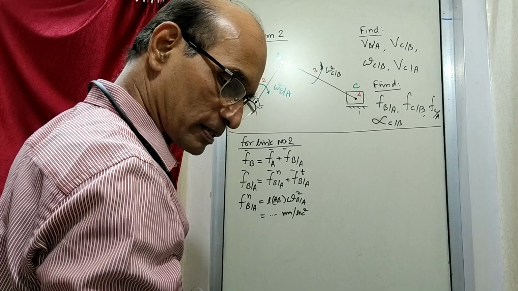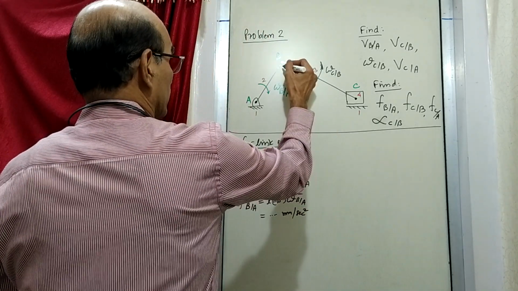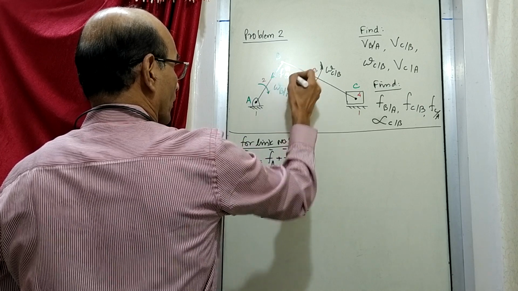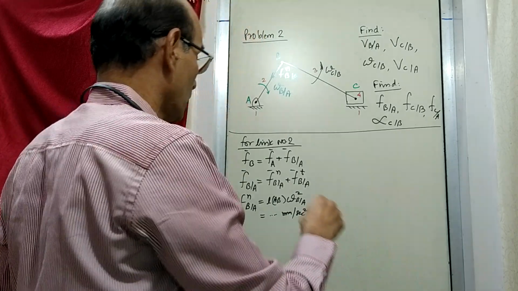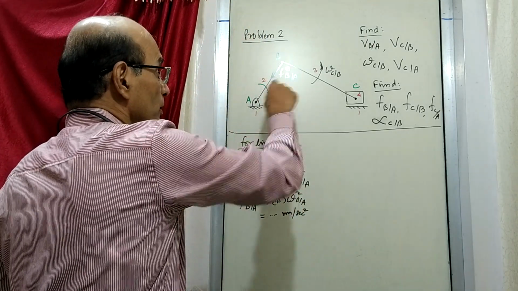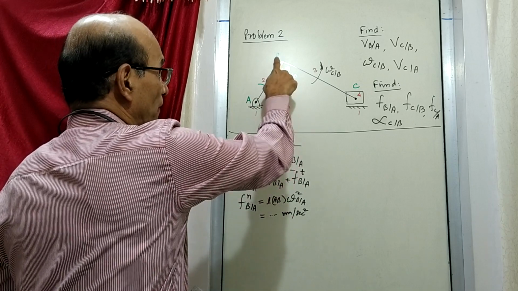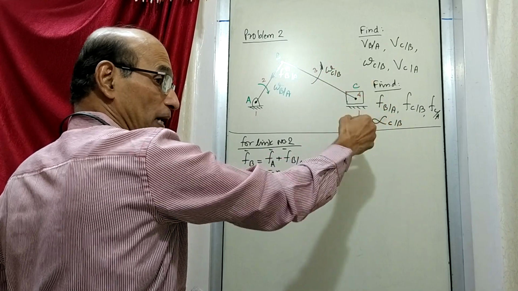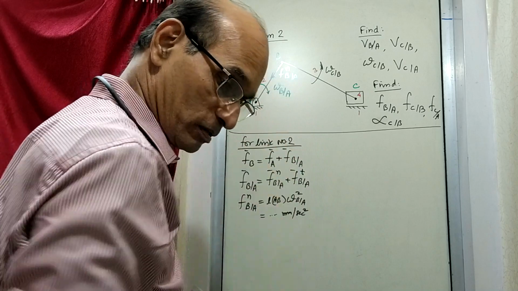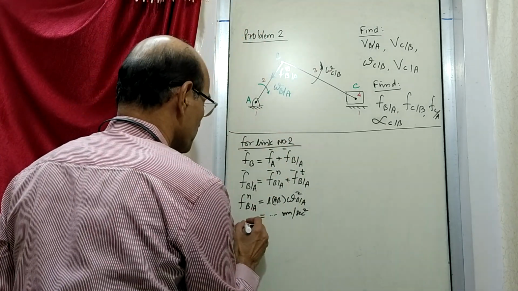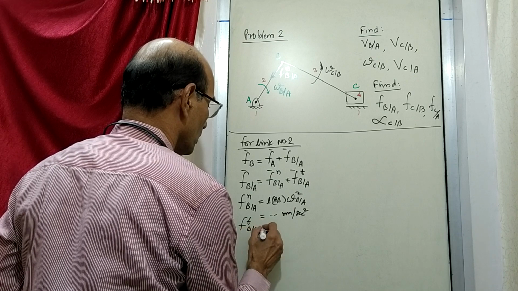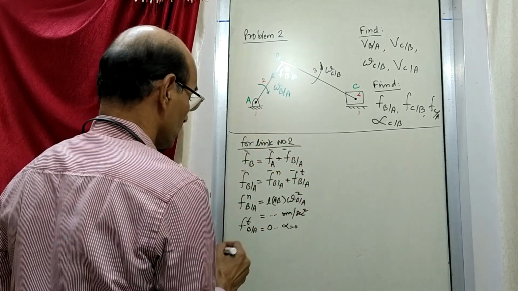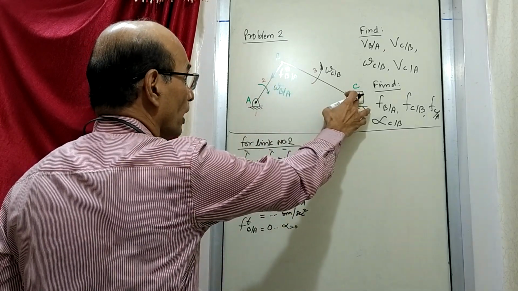So this is the normal component of acceleration, which is like this. So this is the acceleration of B with respect to A. It is from capital B to capital A in the linkage diagram. And when we are going to draw the polygon, at that time it will be from A to B in the same direction. Now the tangential component is 0 because alpha is 0. There is no angular acceleration here. So this much is for link number 2, and now let's go to link number 3.